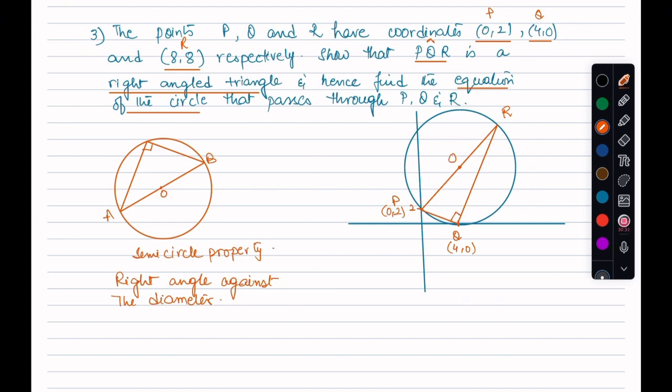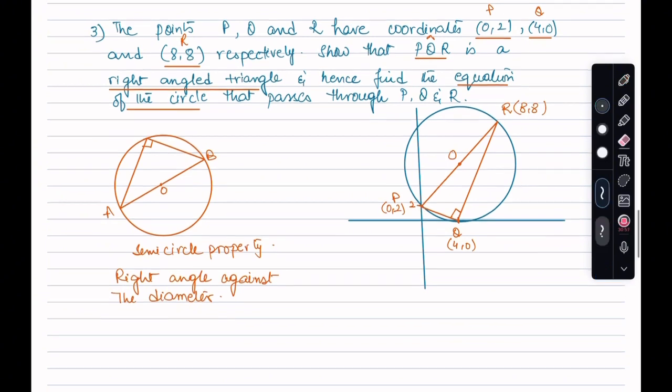So we have made the diagram. They haven't given us the hint. It's for us to know that for a right angle triangle in a circle, the right angle has to be against the diameter. So here we are assuming that P and R are making the diameter of the circle, with R having coordinates 8, 8. We have to show that PQR is a right angle triangle, and for that again we have to take help